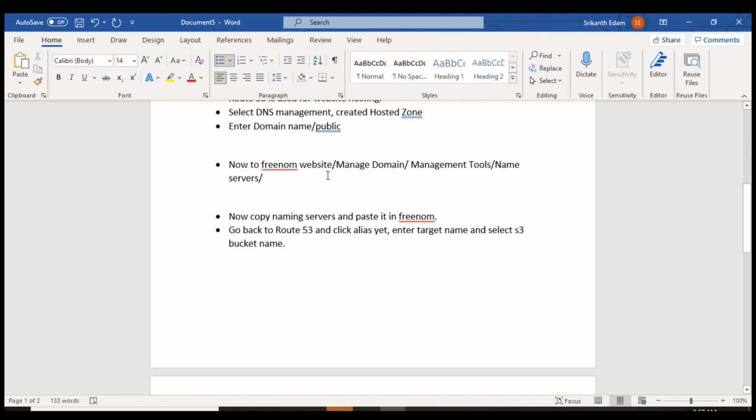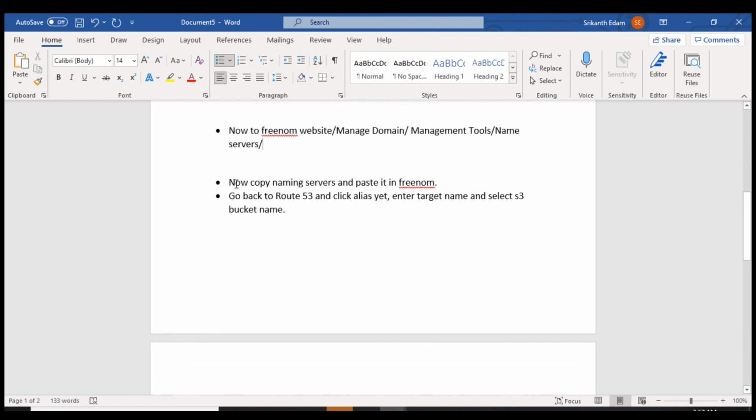Then in the name servers we removed the existing ones and copied the name servers from Amazon Route 53 and pasted them. Make sure there is no dot at the end. Then again we went to Route 53, clicked on alias, entered the target name, selected the region and selected our S3 bucket, and hosted our website successfully.